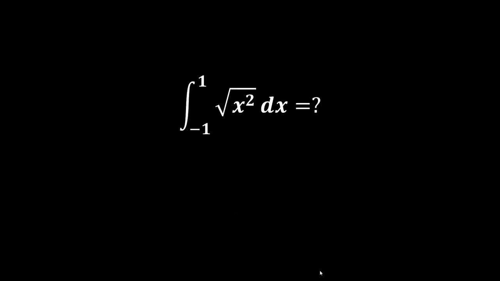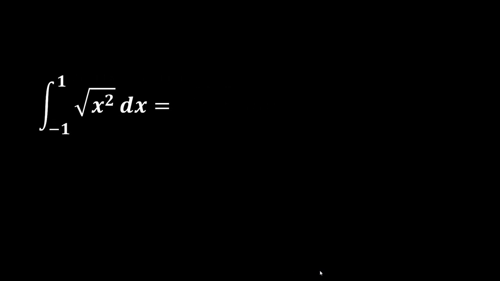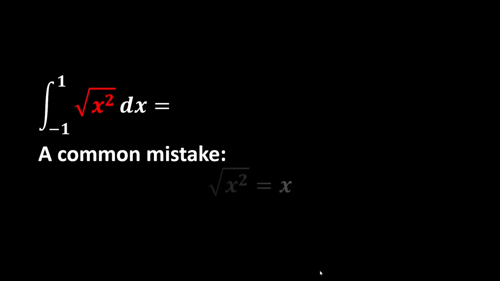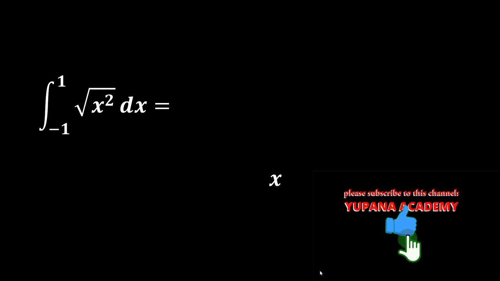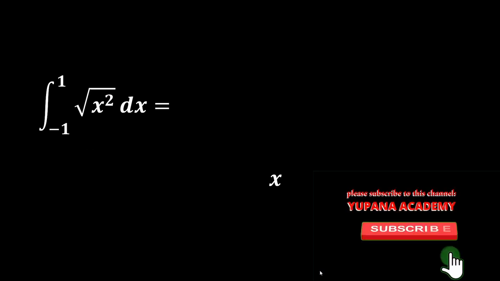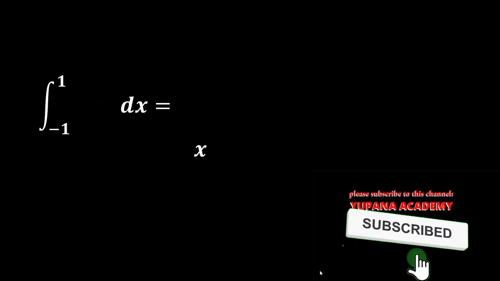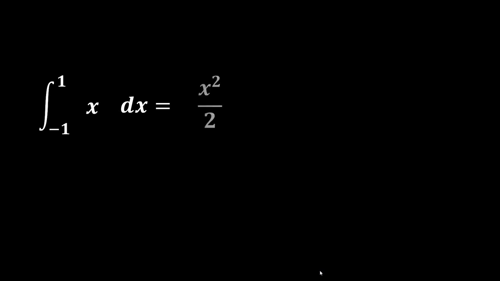So let's find out how come students got 0 when integrating this definite integral. A common mistake is to assume that the square root of x squared is equal to x. If we assume that, and then substitute that in the integrand, then we find the antiderivative of x, which is x squared over 2, and then evaluate from -1